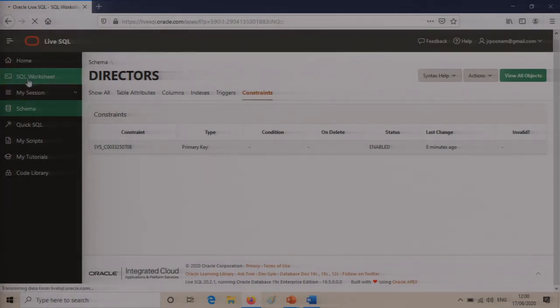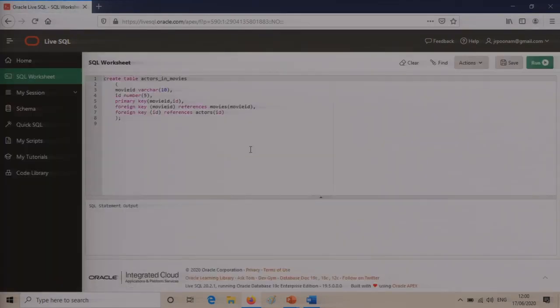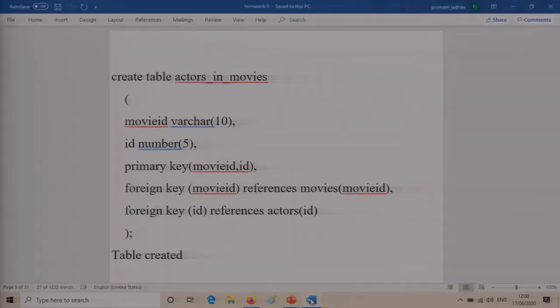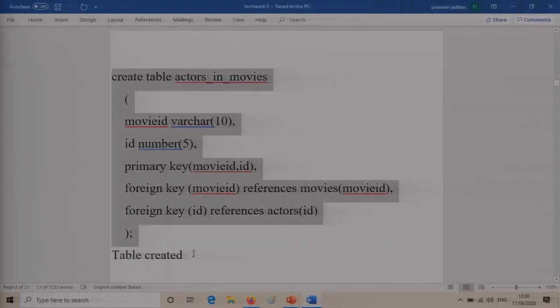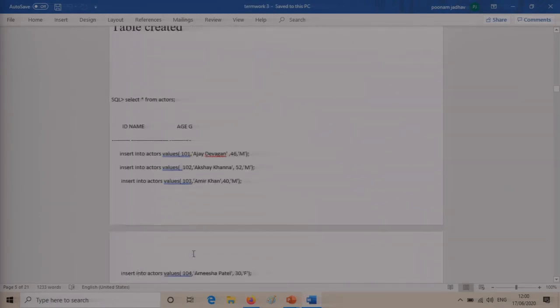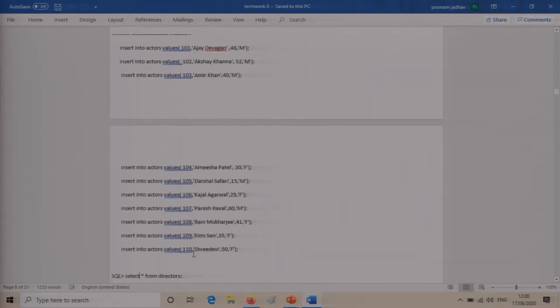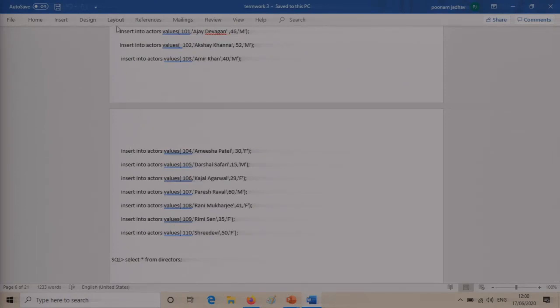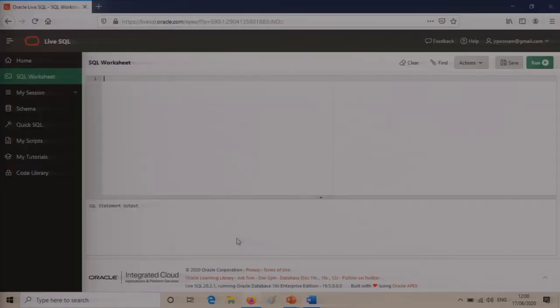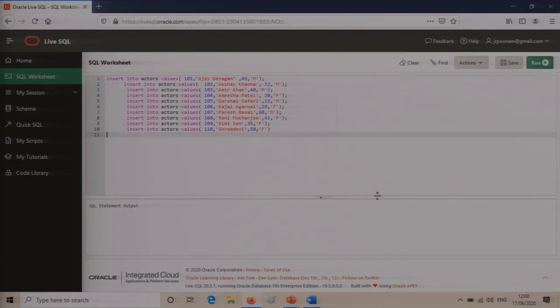So having done that, what we will do is now insert the data into it. So I'll just clear the screen for you and look at the columns properly, look at the data types of the various tables, and then insert the values. For the ease of execution, I have just kept my data ready here. So what I'll do is insert the data for you in the actors table. Okay, so I'll just copy this and paste it here and tell it to execute, run.